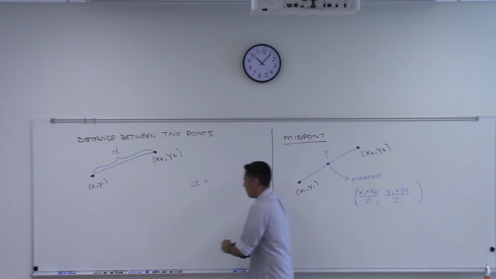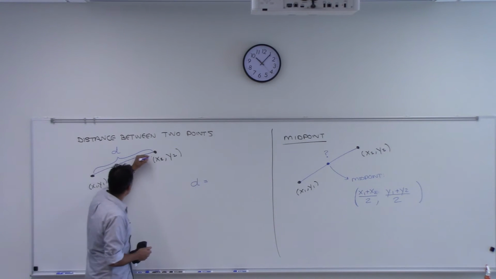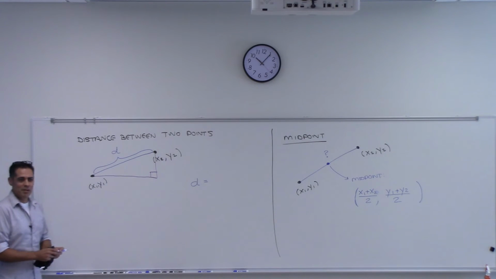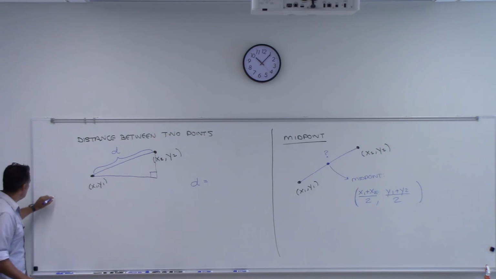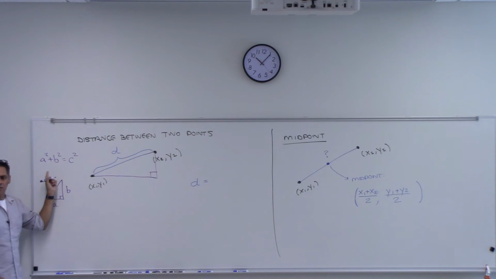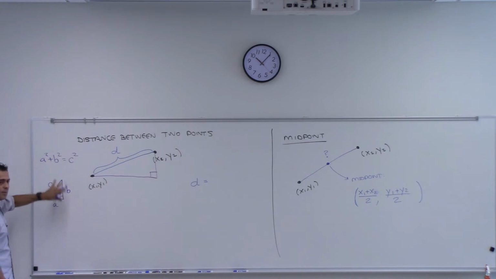If we approach this the right way, imagine that I construct a right triangle from this. That's not a very good right triangle, but you get the idea, yes? Are we all comfortable with, first of all, the Pythagorean theorem? That says that if you have any right triangle, if this side is A, this side is B, this side is C, then A squared plus B squared is C squared. This will always be with us through this class, Cal 1, Cal 2. It's just always going to be this thing that we should all know. This is the Pythagorean theorem.